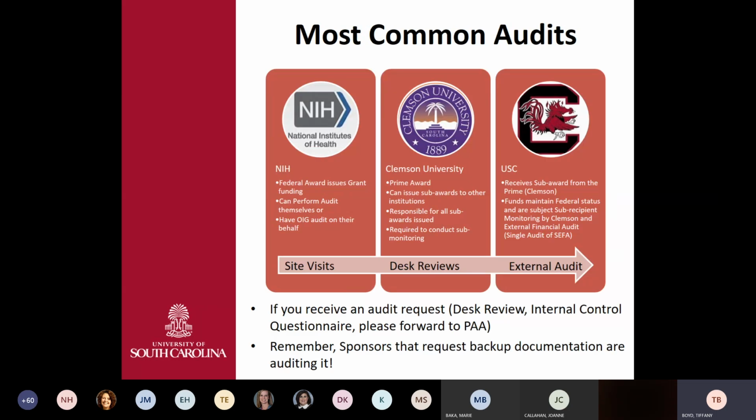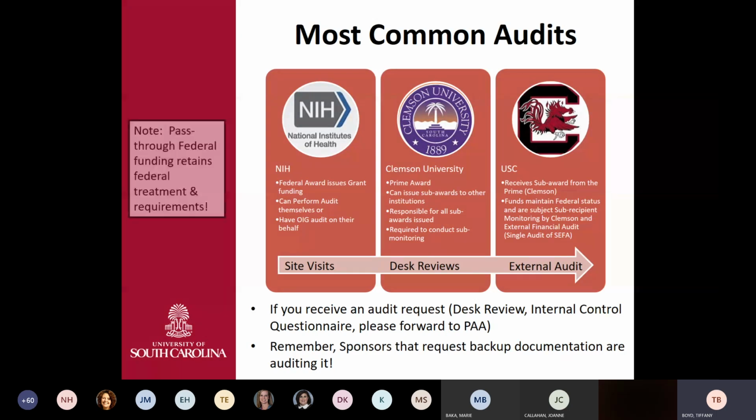So here is just a list of the most common audits. For example, here we have NIH, which is the primary sponsor, will issue a grant to Clemson University, and they are the prime award. And then Clemson will turn around and issue a sub-award to us, USC. So as USC, Clemson could decide to do a desk review